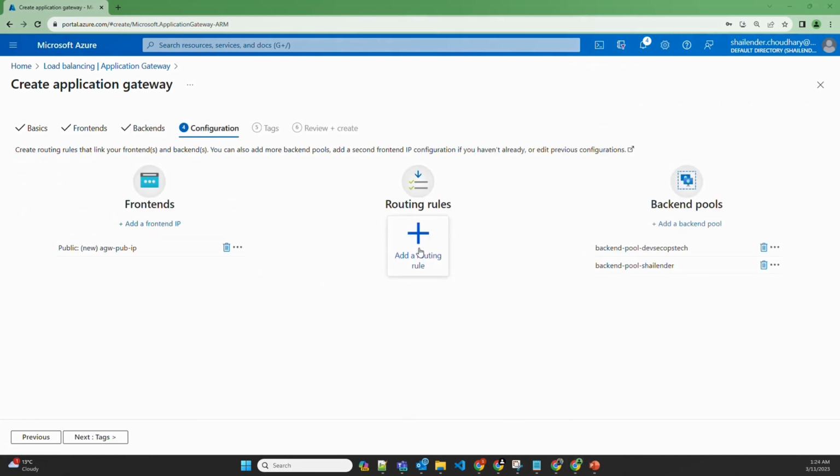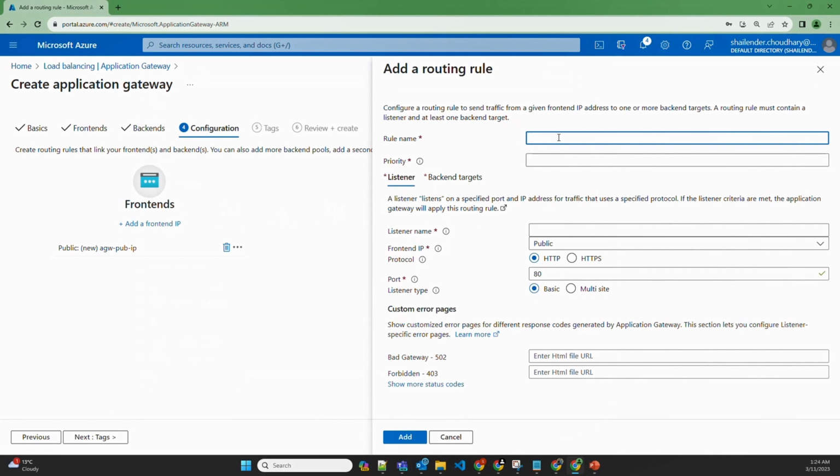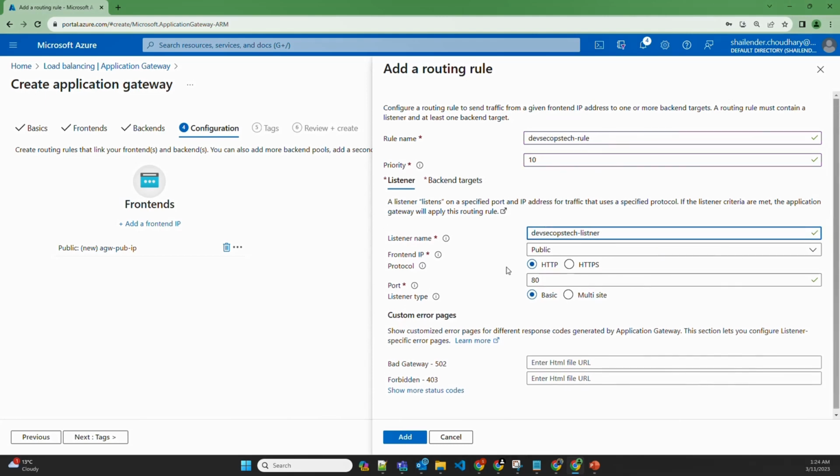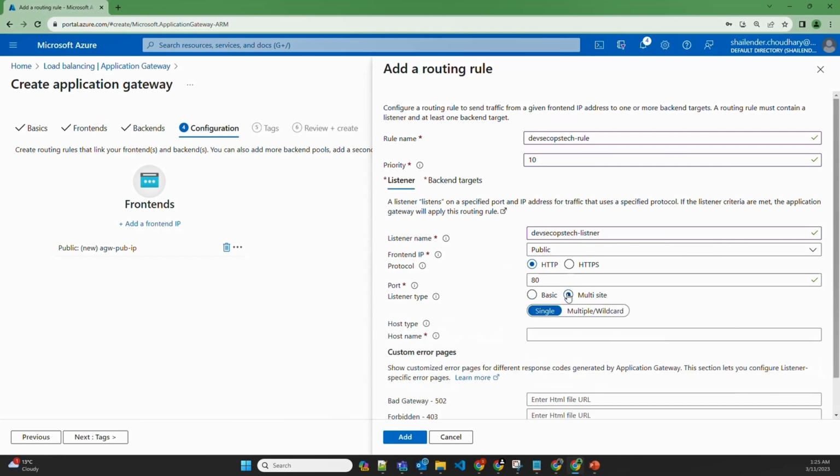Let's create the routing rules now. Start with the routing rule for DevSecOps Tech rule. The priority is 10. Let's copy the name. Listener. For this lab, I'll be using only the HTTP protocol. If you want to understand about TLS termination and want to use the HTTPS protocol, I have provided a link on TLS termination in the description of this video. The listener type will be multi-site and I'll select single, DevSecOps